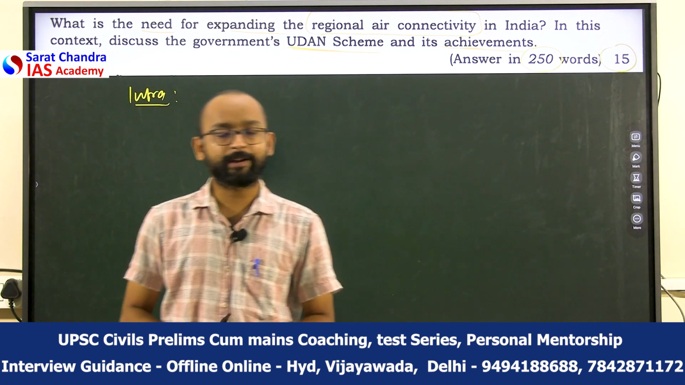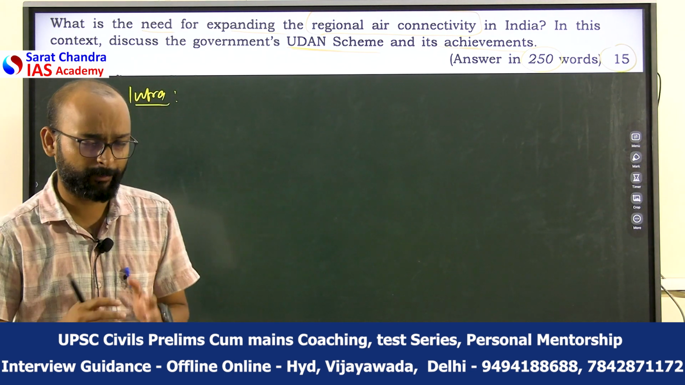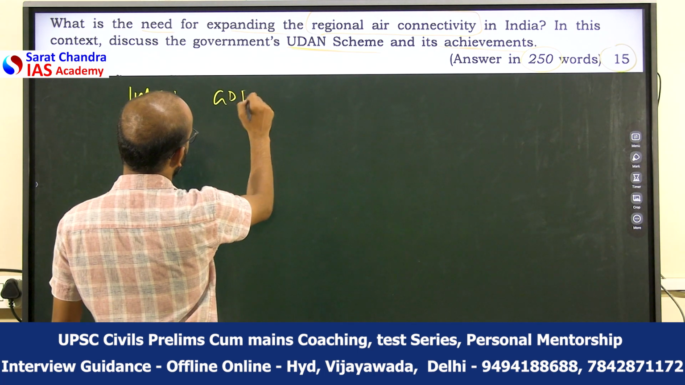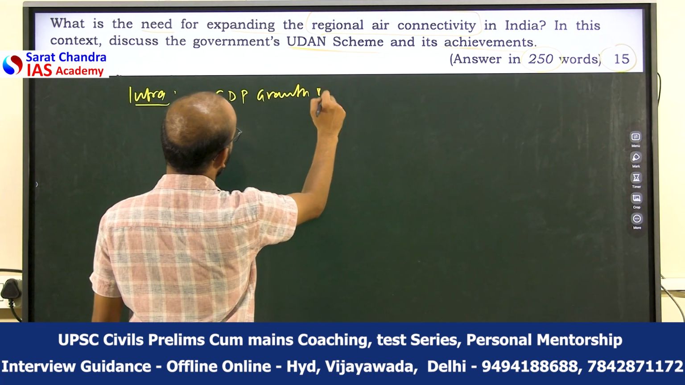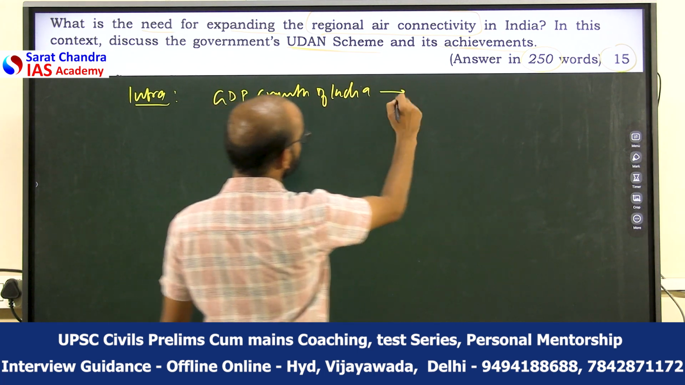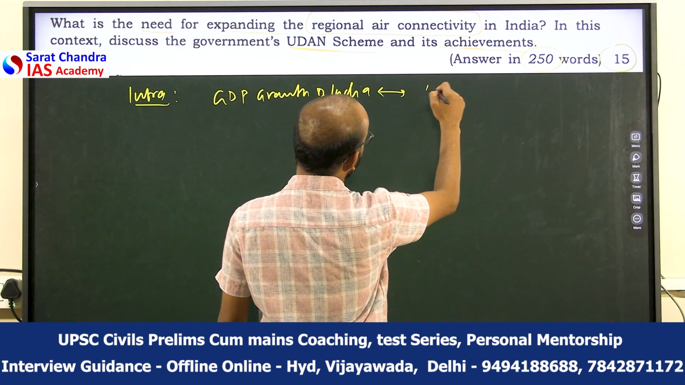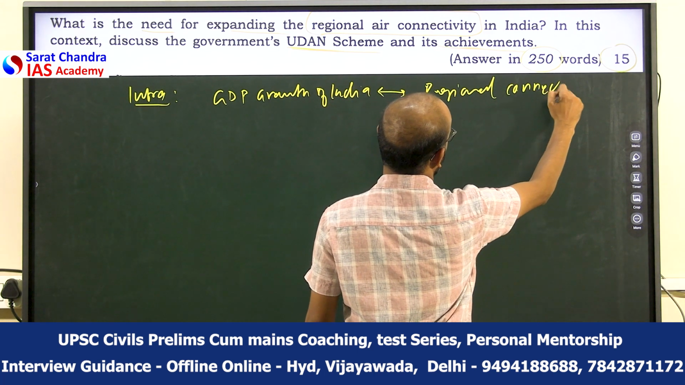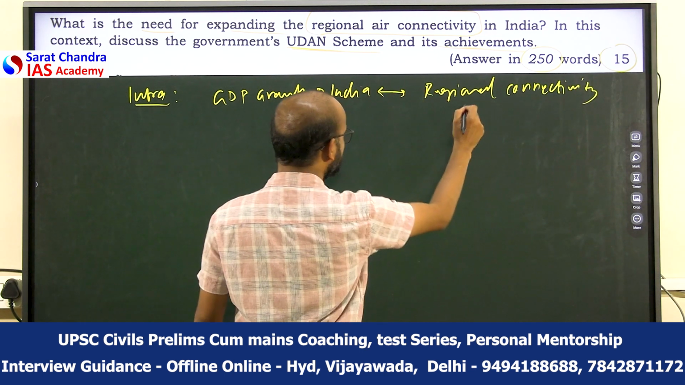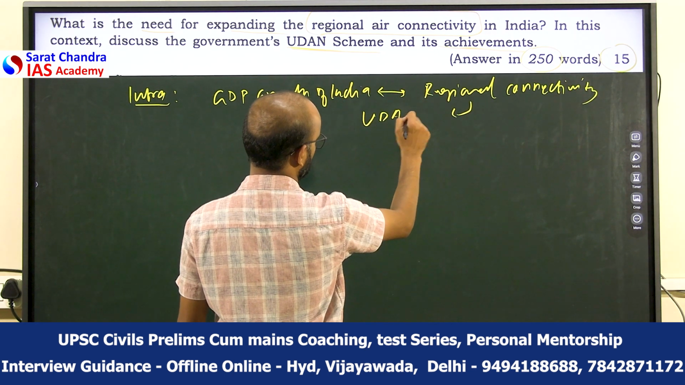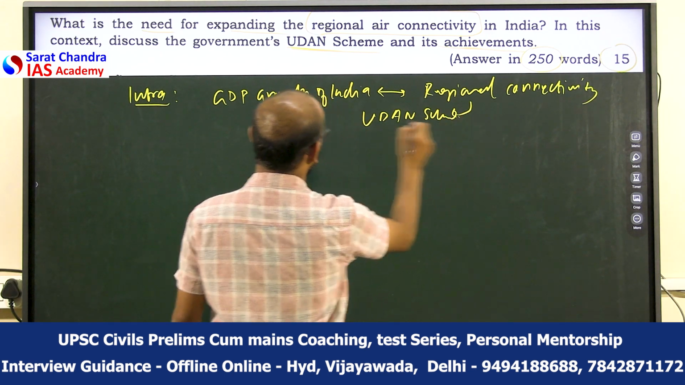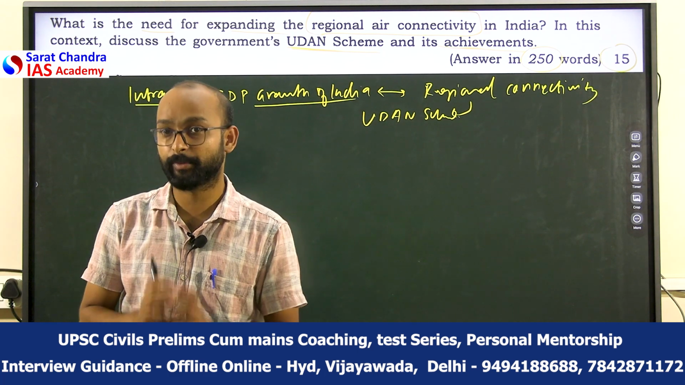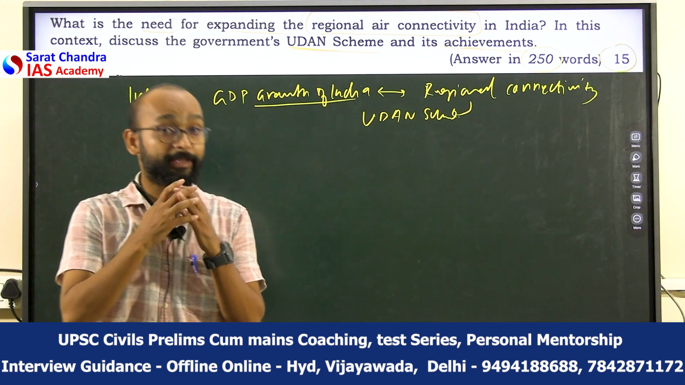See, you can write two types of introduction. One, you can link with the growth of India, that is the GDP growth of India, and the importance of regional connectivity, and then link it with the UDAN scheme. Like, to achieve the high GDP growth rate, which is currently 7%, as well as the rising income level,